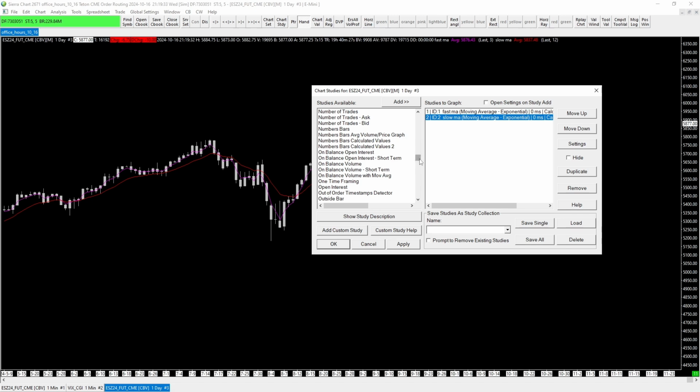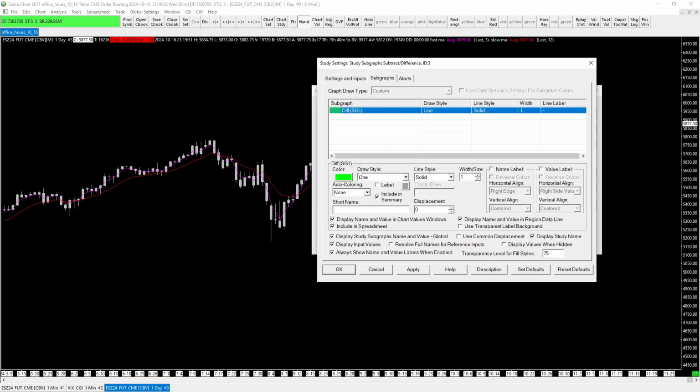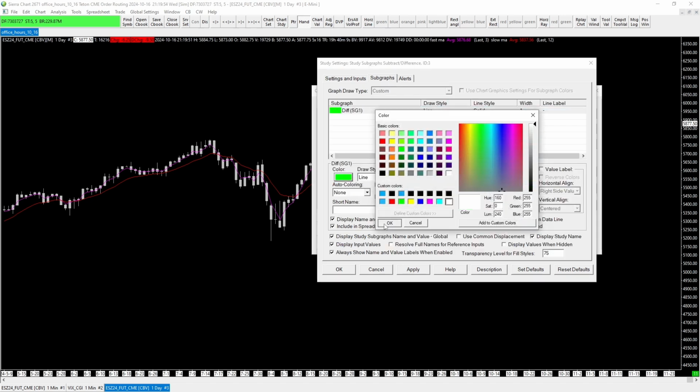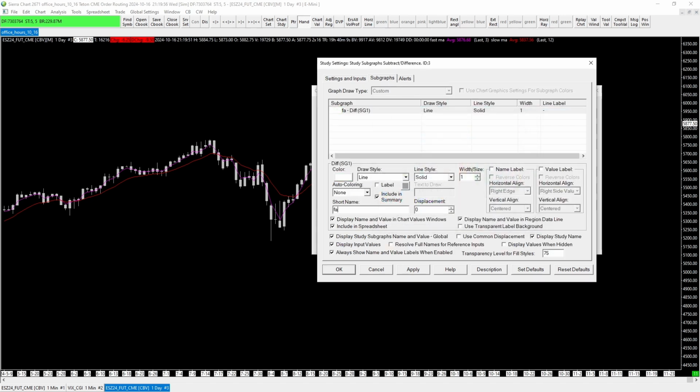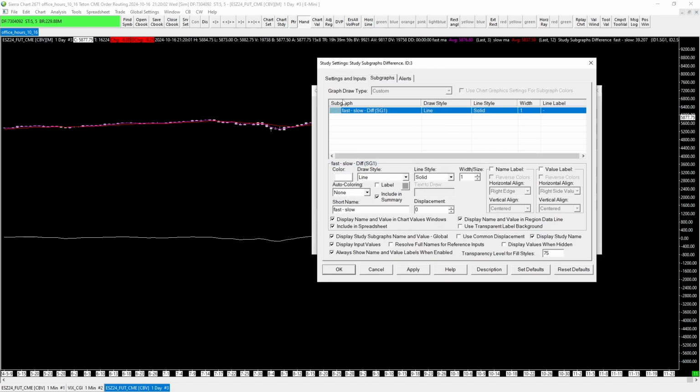So let's see here. I want to do study subgraphs difference here again. I want to see the fast moving average minus the slow moving average, and I want to be on chart 1, and I want it to be white, and I want to name it fast minus slow. I don't want it to be there. I want it to be